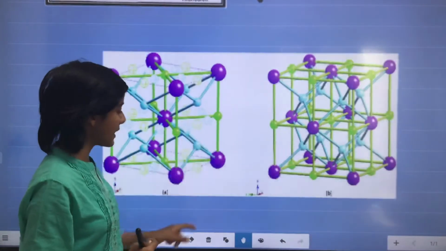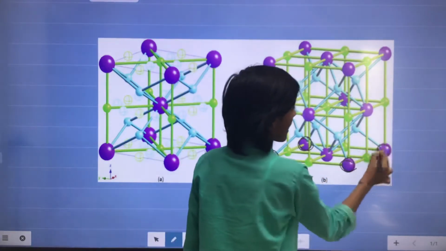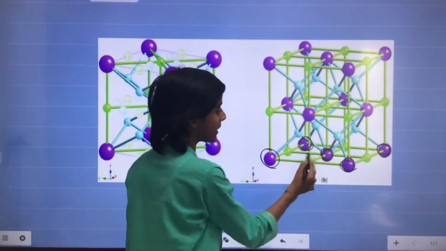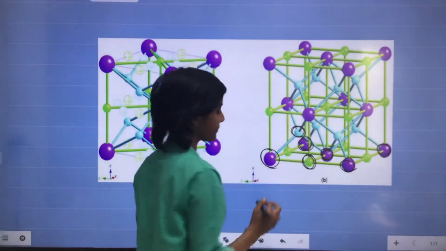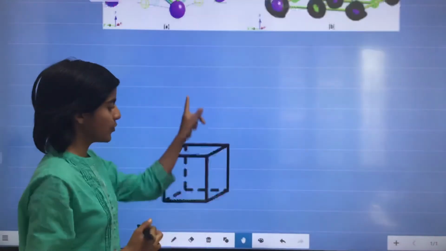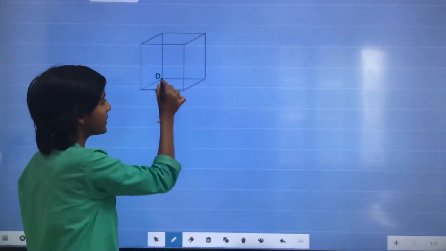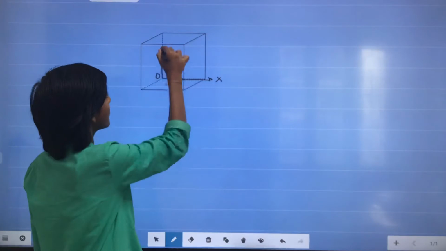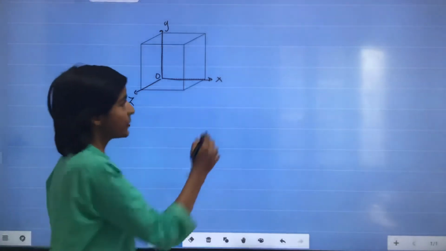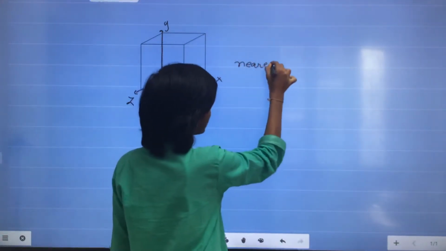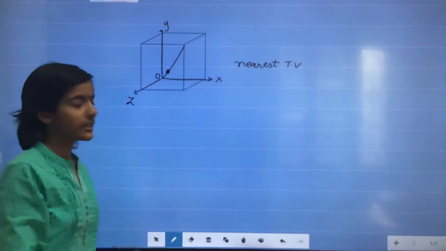As we have already discussed, in FCC the lattice points are at the corners and at the face centers, and these are the OV present at the midpoint of the edges, and this is the TV. Then if we take a cube, and I take this as my origin, this will be the x-axis, y-axis, and this is the z-axis. If we talk about the nearest TV, the nearest TV is this, and the coordinate of this nearest TV is